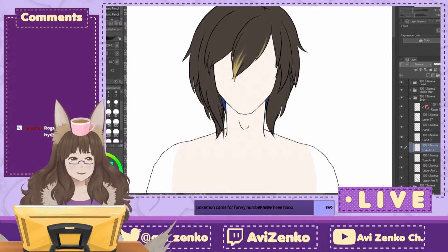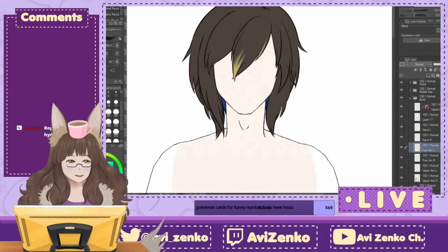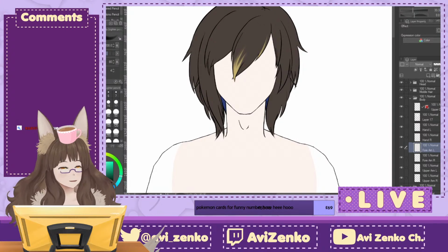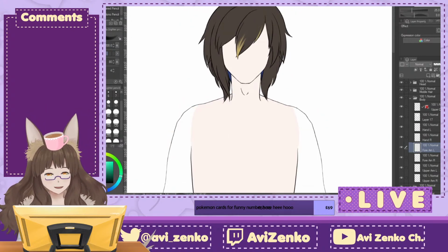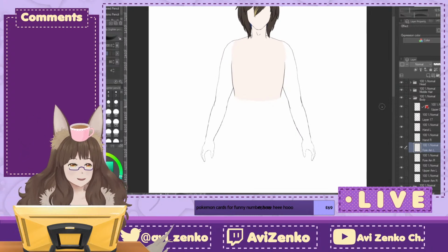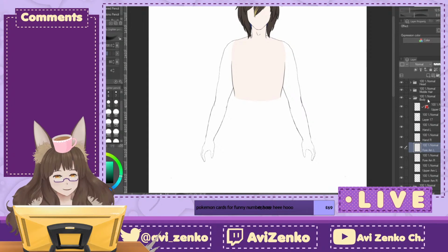So yes, today we're working on a VTuber model, which I actually started ages ago, but now I actually have the time to work on it, which is really good. I've been needing to work on it for quite some time. I was meant to finish the whole of the underbody already, but I didn't. So we're just gonna have to...